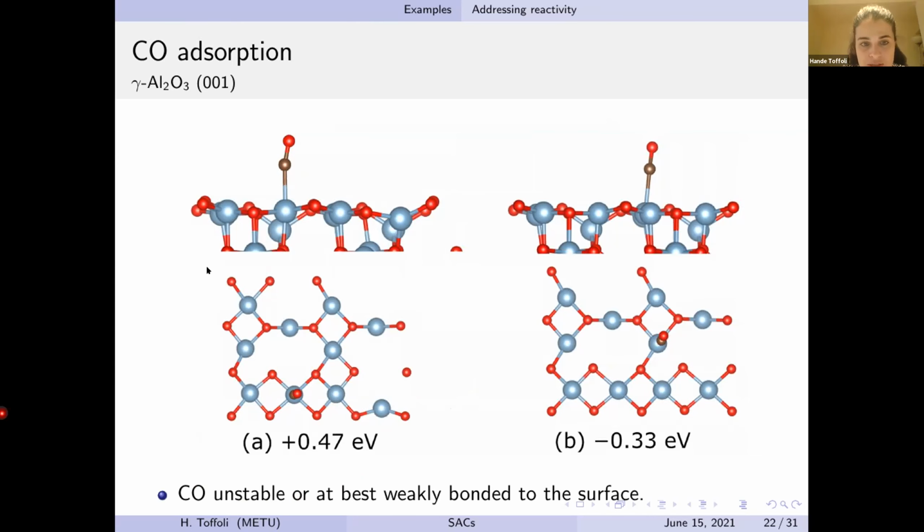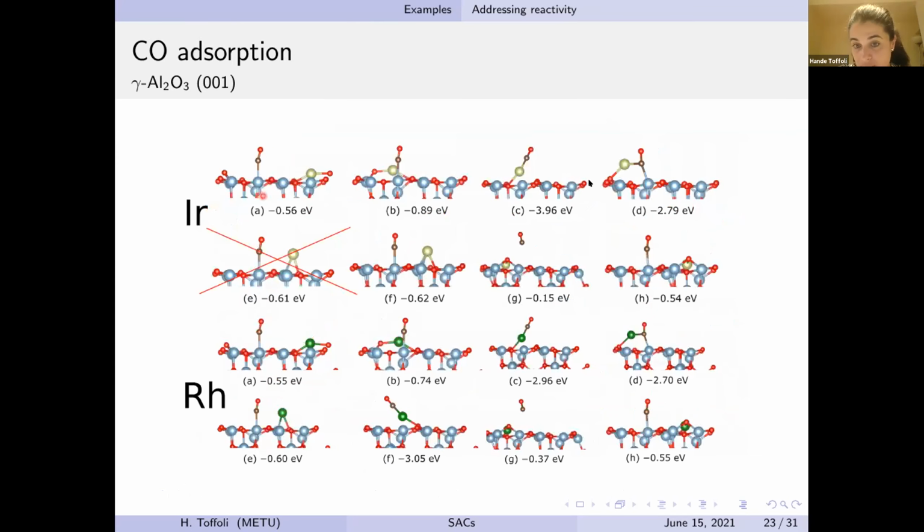However, it's a whole different story when we bind it together with a metal atom. The interesting thing is that it binds strongly even when it is far away from the metal. So the metal is here, the carbon monoxide is here, and even with that, you see a sizable improvement on the absorption energy. So not only is the metal providing a reactive site, it is also modifying the absorption on the other parts of the surface. So this is an important finding.